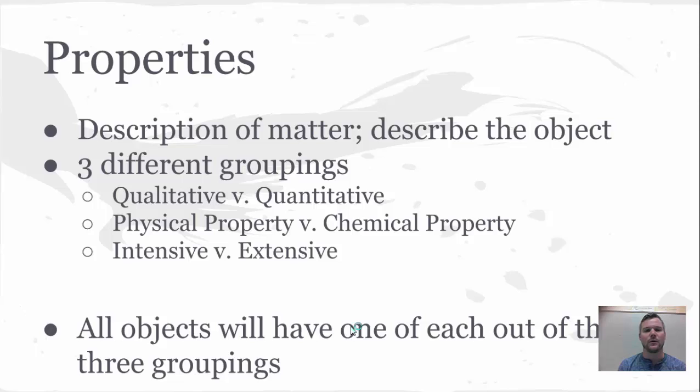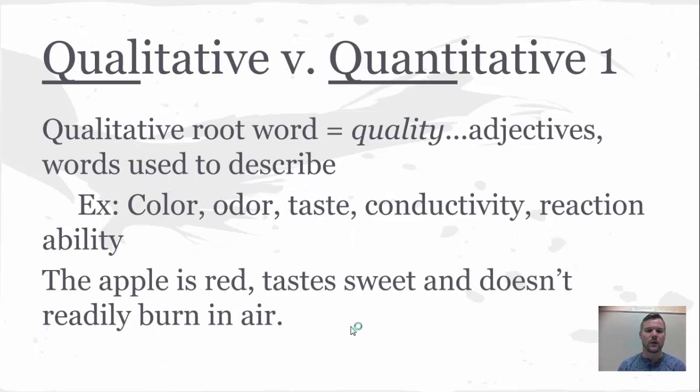So we could be qualitative versus quantitative. We can just make a description using one of those two, or physical versus chemical properties, one of those two, and then intensive versus extensive. So any given description can be classified for each of those different groupings, one of each grouping. So our first grouping is qualitative versus quantitative, and you'll see that I have the qual and then the quant